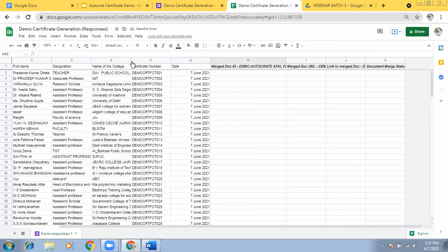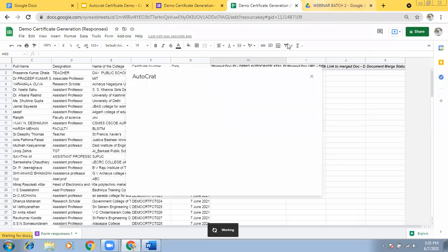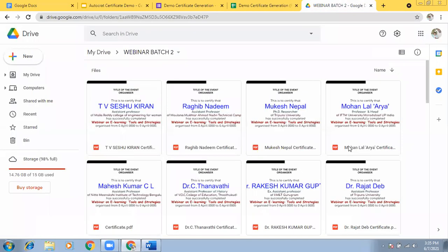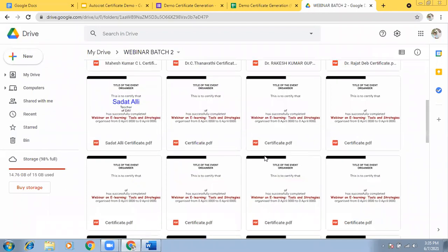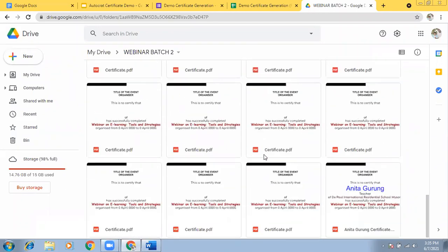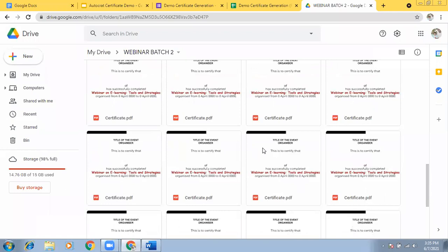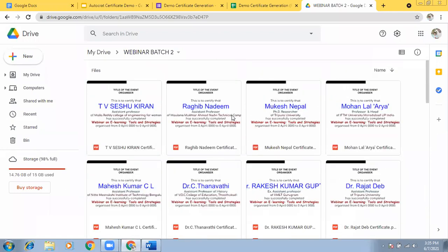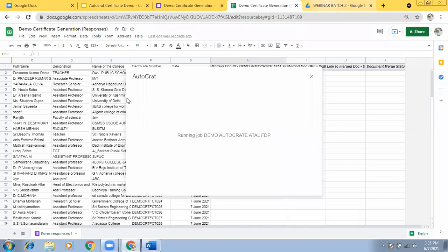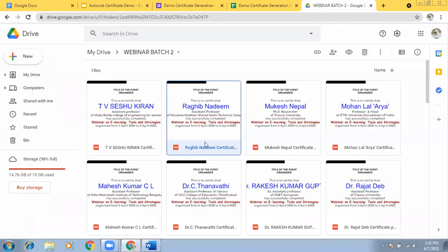Okay, you can go to AutoCAD. Then you can manually run, since you have deleted something which was already added. You go to play, then you can see the certificates will be created one by one.